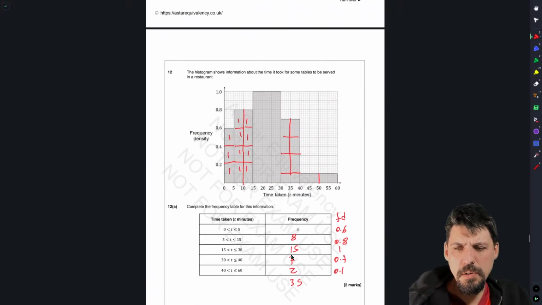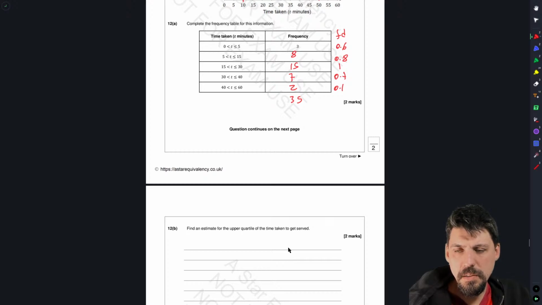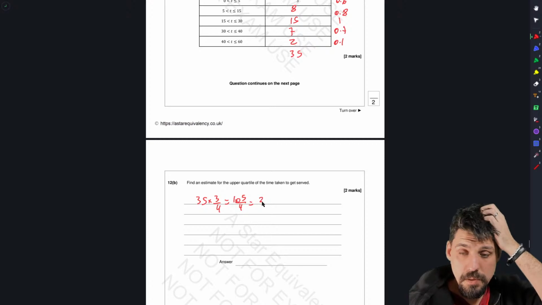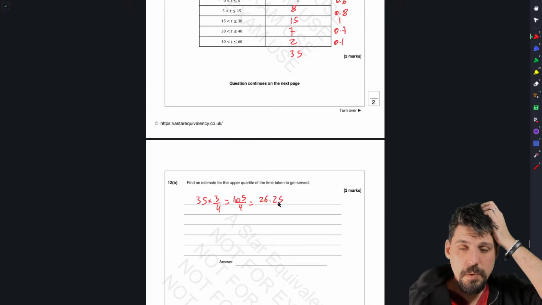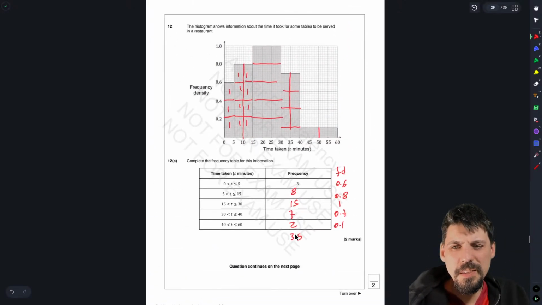Well, that's upsetting. So I want the upper quartile, right? So I want 35 times 3/4, which is 26.25. If I want the 26.25th one,